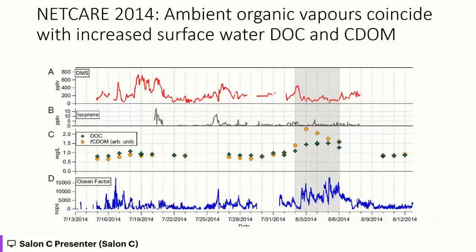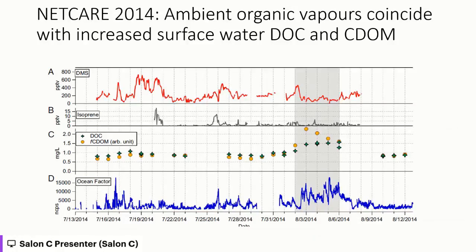So in the 2014 cruise, Emma Mungle from University of Toronto ran a chemical ionization mass spectrometer, which measured the different VOCs, so the gas phase organic compounds that were in the atmosphere. And then she used factor analysis to pull out this really interesting fingerprint of a source of gas that she was seeing. And she called it the ocean factor because it correlated best with the DOC, so that's the dissolved organic carbon, and the